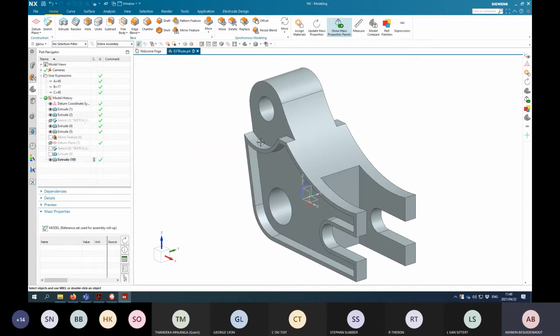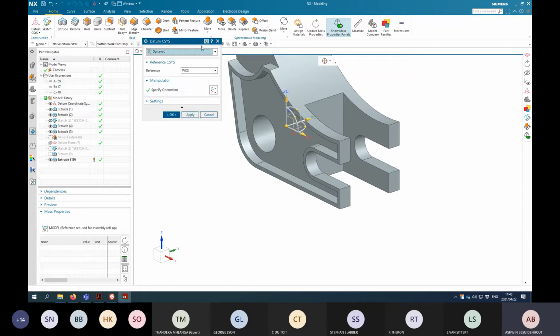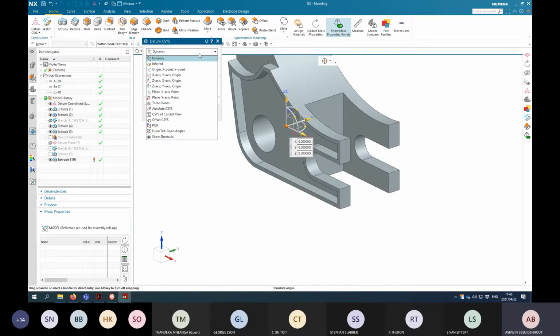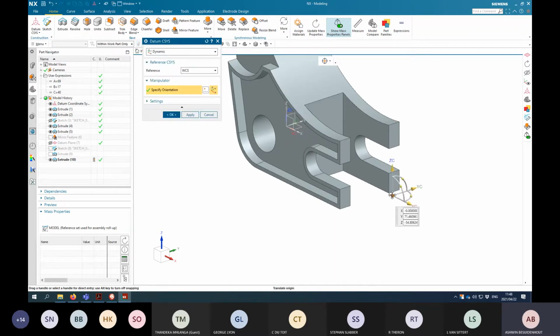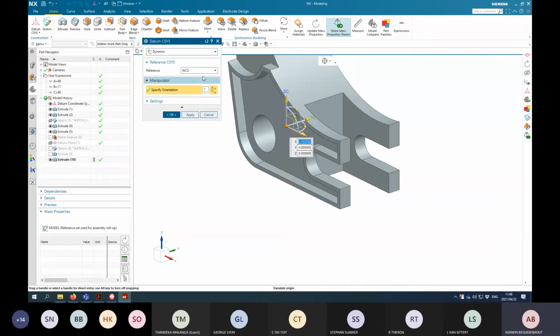So to do that, I already pressed W on my keyboard, and then I can see where my work coordinate system is, right? So I want to change the work coordinate system to another coordinate system that I'm going to add now. So I'm just going to place, in the reference geometry, in this case a datum coordinate system, and based on what is expected or where the coordinates are, you can then specify. Okay, let's just do this. There are different ways you can specify: dynamically, dragging and dropping, this type of thing. There are different ways of doing that. I like